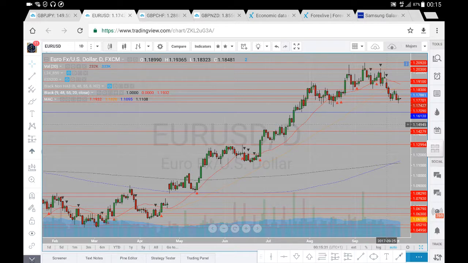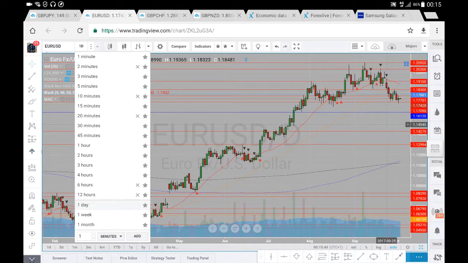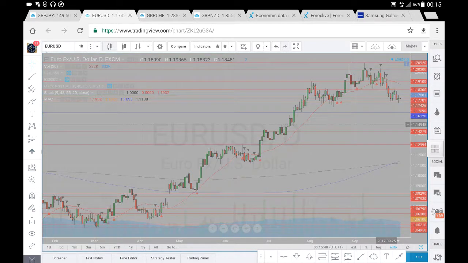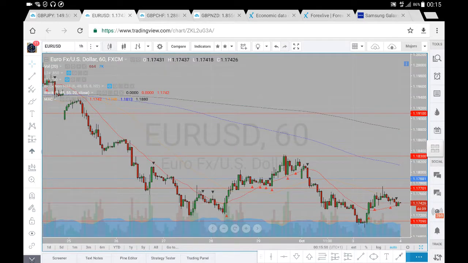So overall, we did have a bullish day yesterday. I would like to see prices trade below yesterday's close, or even in this case below yesterday's open, for me to have increasing confidence in going short. On the hourly time frame, I did mention we could potentially see a bounce off this 20 period for a retest of 1770, and I've already highlighted